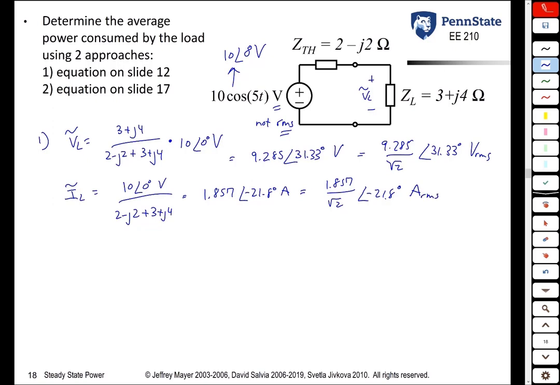Once again, it's very important to remember whether your voltage and current phasors are RMS values or not RMS values, because you have that square root of 2 difference between them. So the power absorbed by the load is either V magnitude times I magnitude over 2 times the cosine of the difference between the angles, or VRMS times IRMS, without the 2, times the cosine of the difference between the angles. Notice, because we have these two root 2's there, that gives us the same thing. So either way, we get